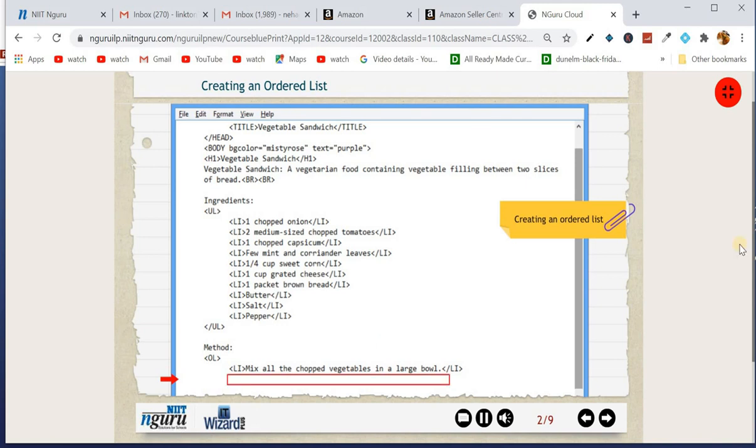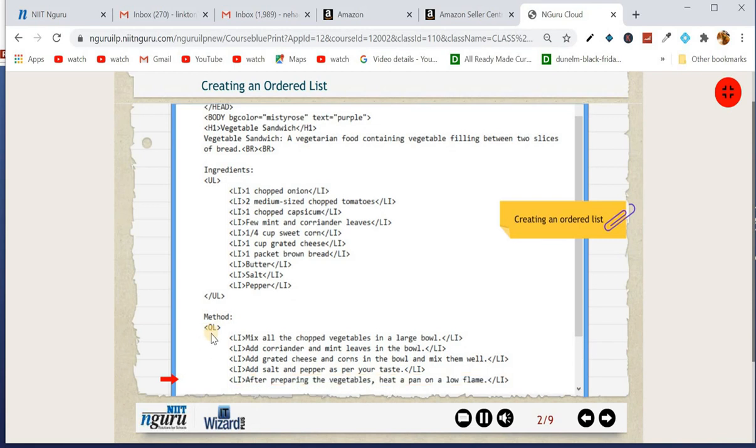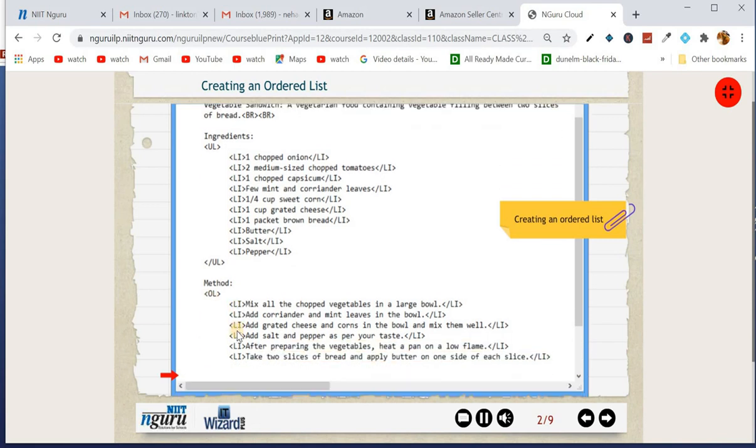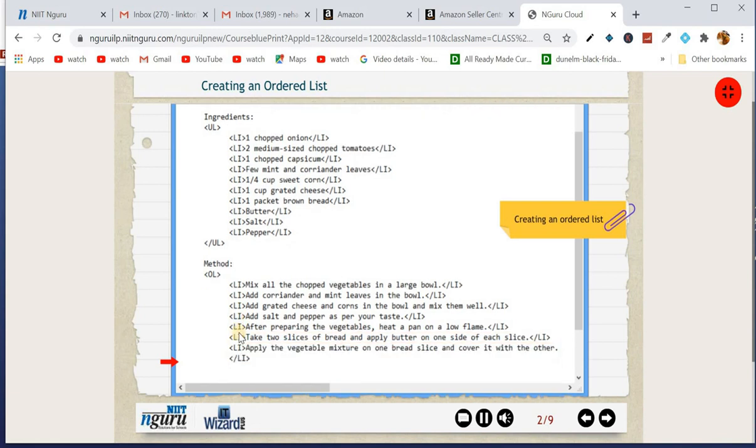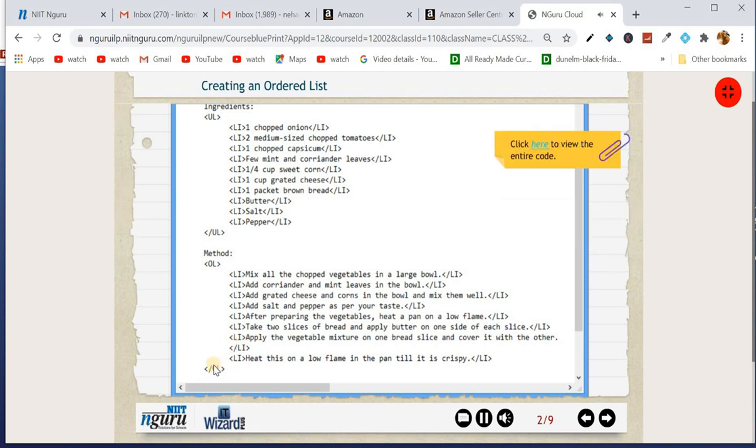It is the method to create an ordered list. So watch carefully. First of all, you start this OL tag, that is for ordered list, and then start the LI tag, which is for listing the document. Click here to view the entire code. Now you can save this file, and by saving this file you can view the code of the file.